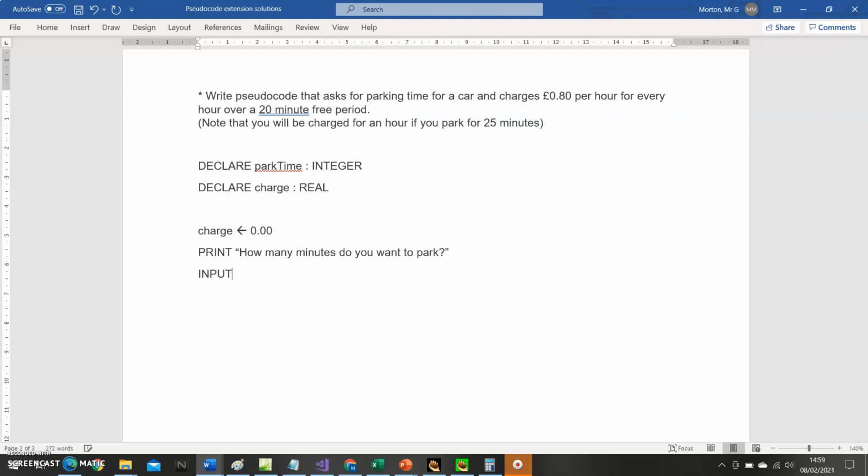And then I'm going to input park time. Now that I know how many minutes I've got, I can then start to use that to work out how much to charge. I need to charge 80 pence for every hour. Well, what I'm going to say is while, and I only charge if the number of minutes is more than 20. So while park time